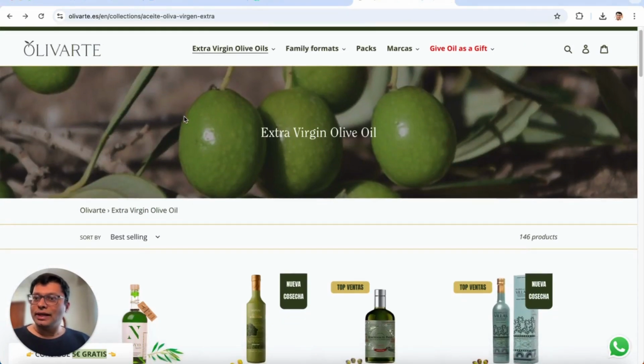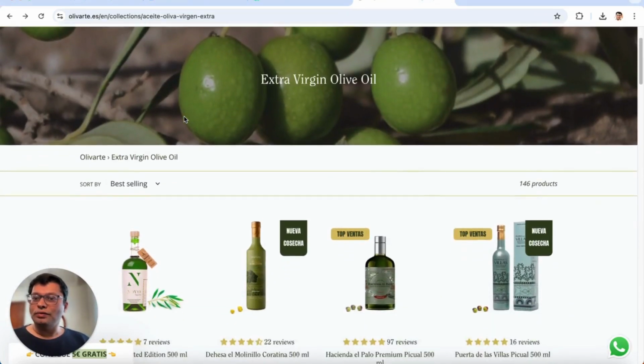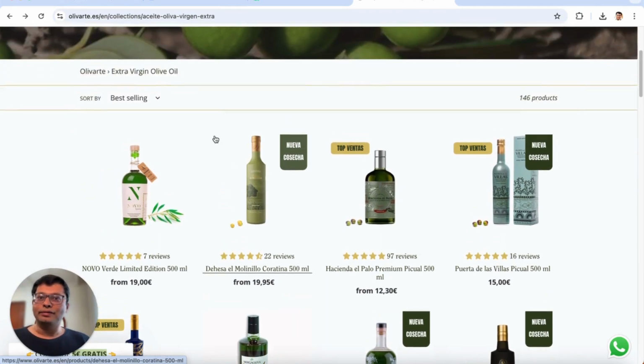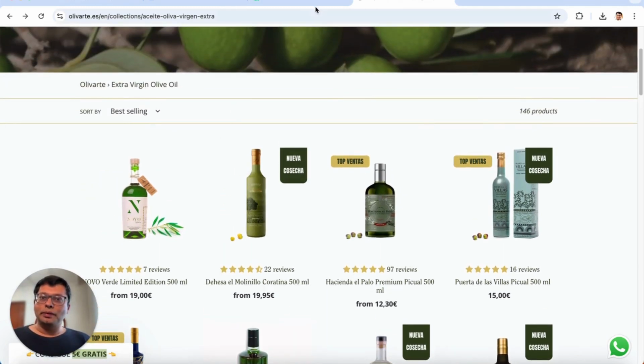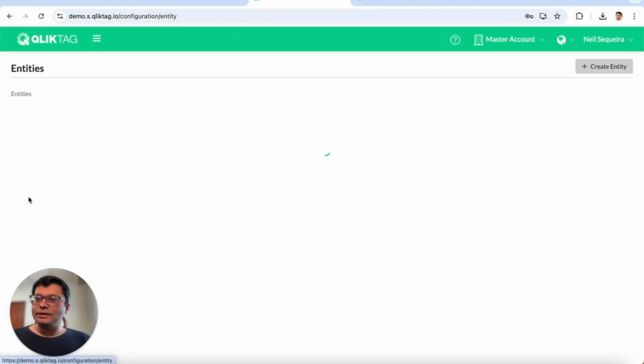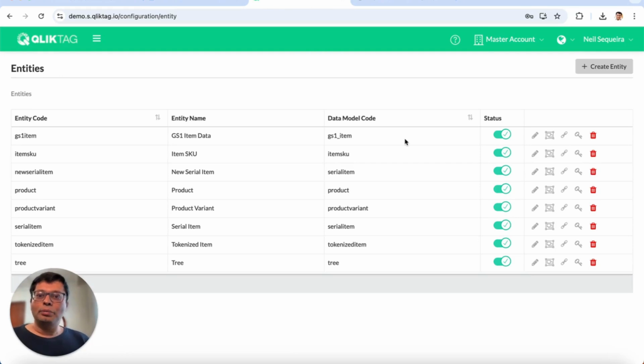It's a small business that produces olive oil bottles, and what we're going to try and do is create a digital link and a QR code for probably two or three of these items that we have here. So I'm going to click back into the Qliktag platform, and you'll see the platform has very extensive capabilities for